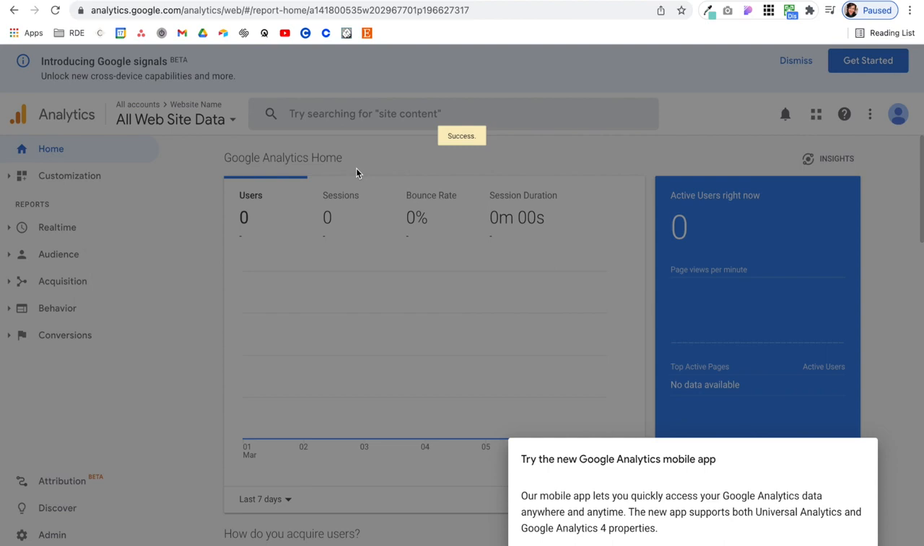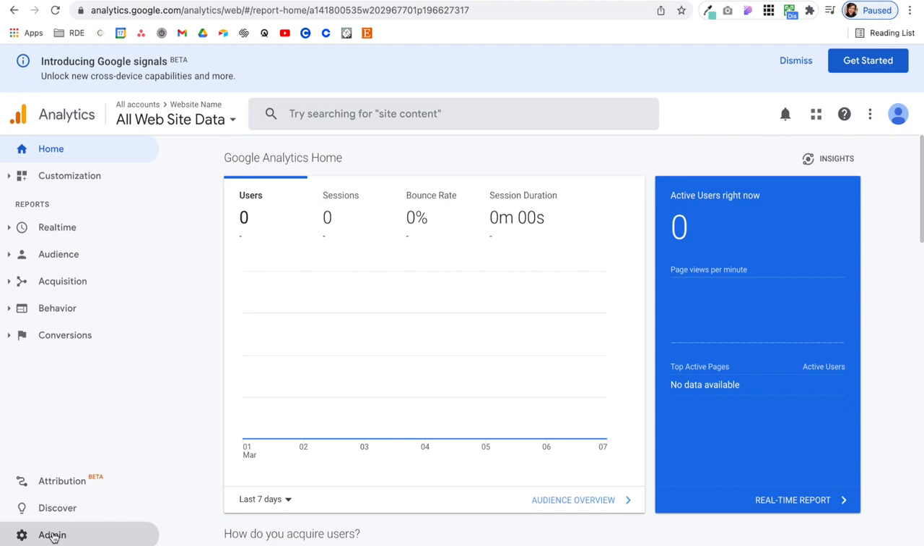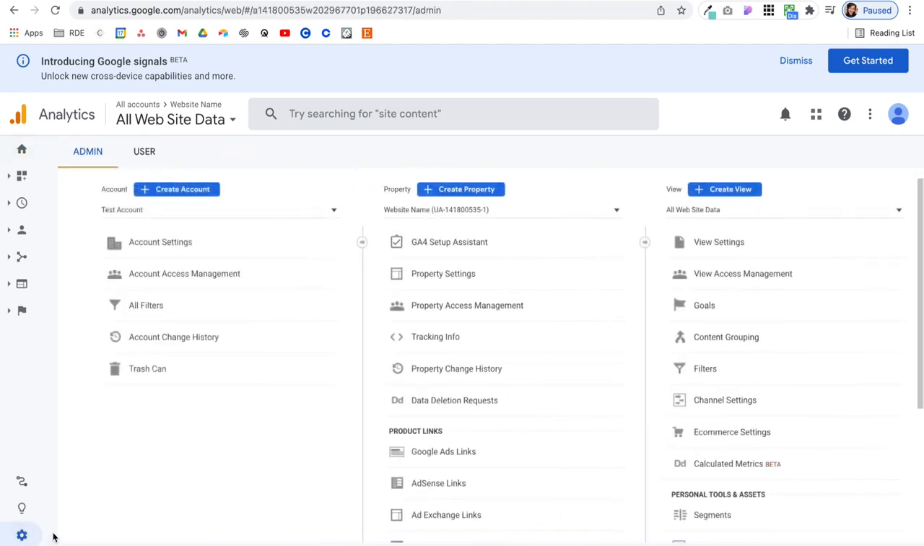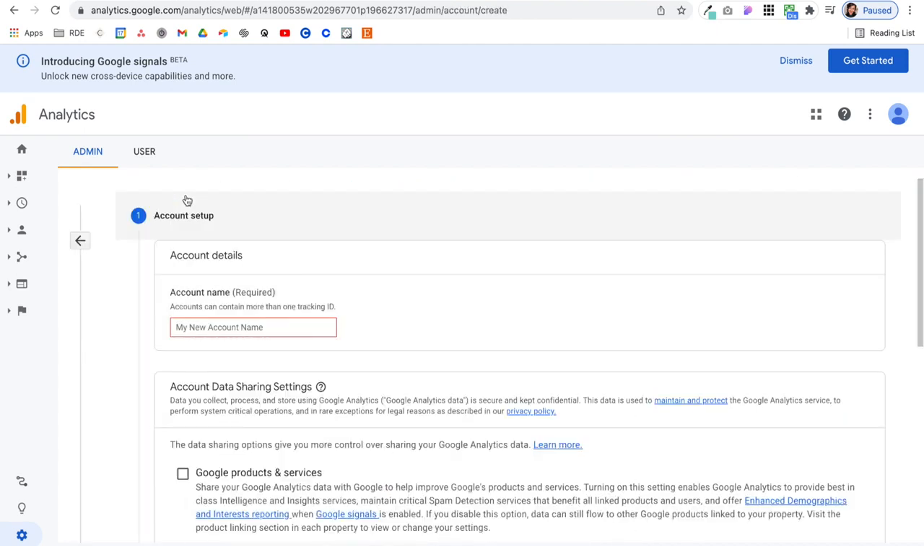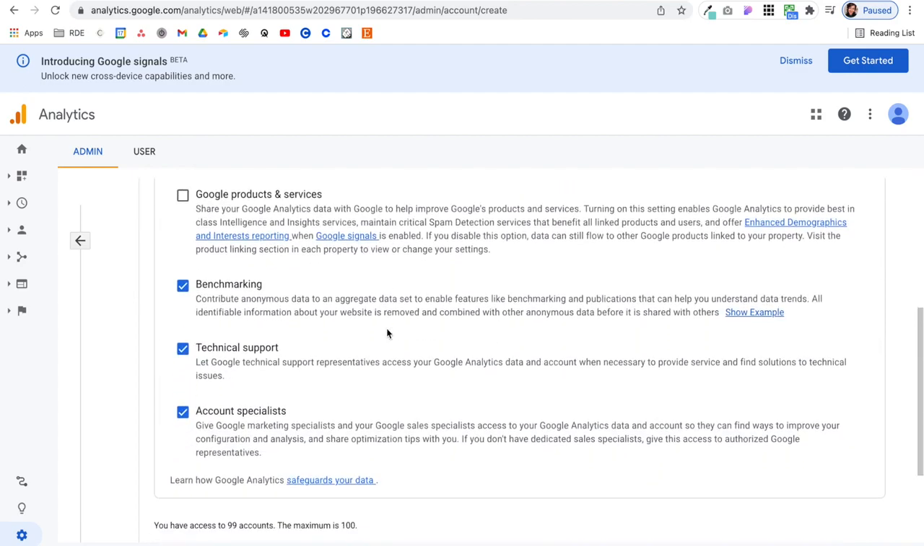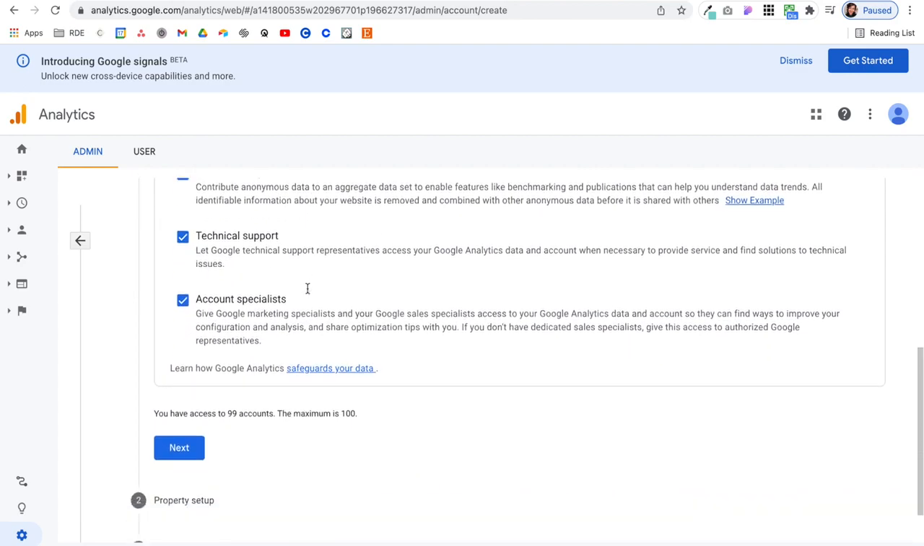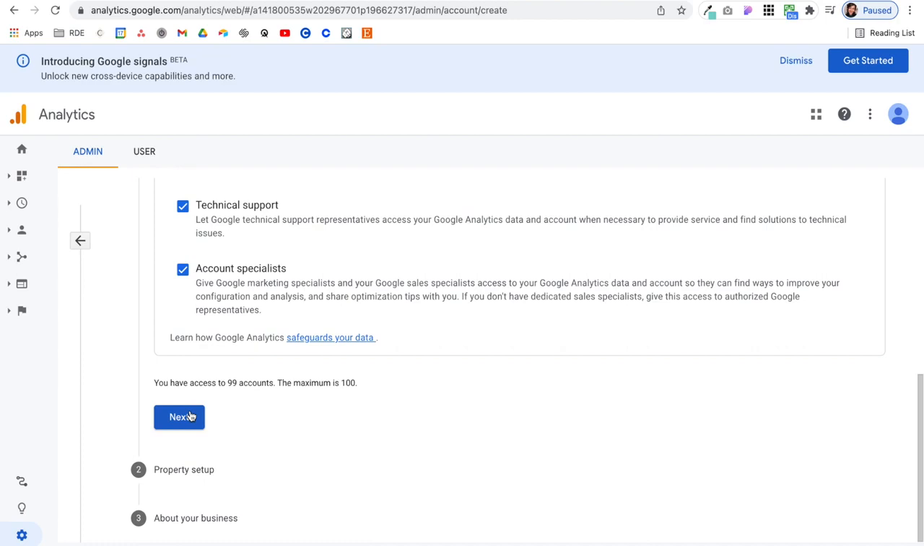And the first thing that we're going to do is go down to admin, right down here on the bottom left hand corner. So select admin and we're going to create a new account. So we'll create a new account here and we would give it a name. I'm just going to give it a mock name. You can then scroll down here. You can read this documentation, click anything, make sure you're happy with what the data is collecting, and then hit